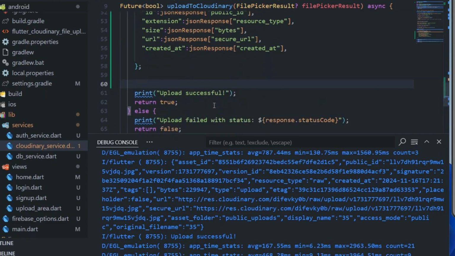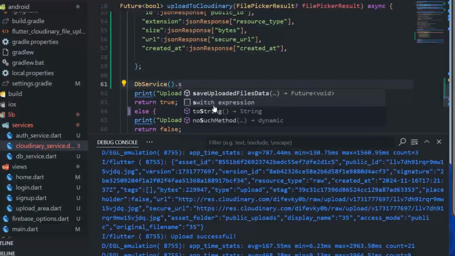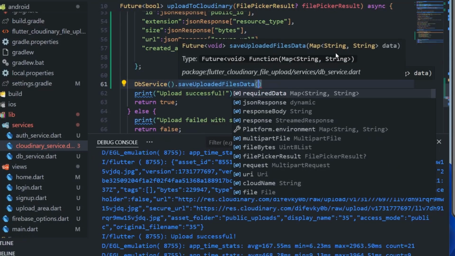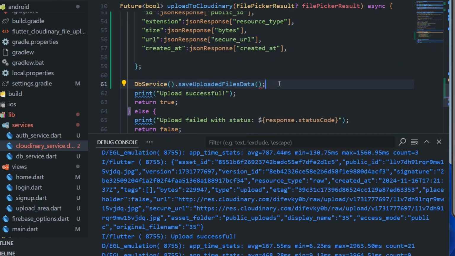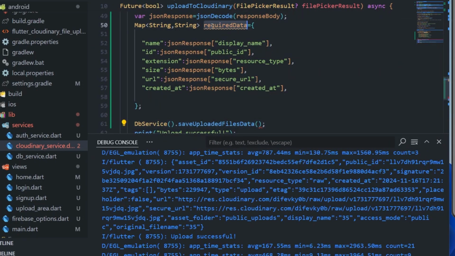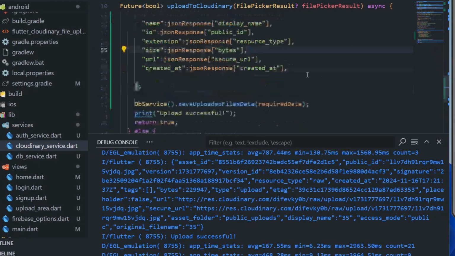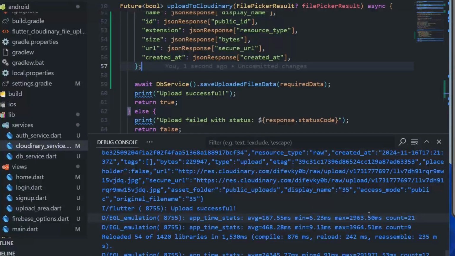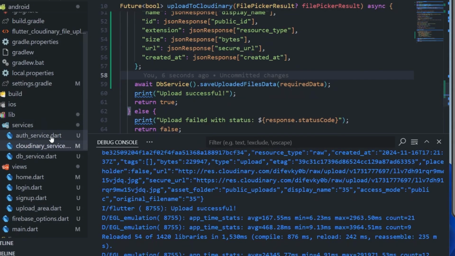After we extract the required data, we can call dbService.saveUploadedFilesData. Here we need to pass a map of string data, and this will be passing the required data, and this thing might take some time to complete, so we'll use await. And we need to also read the data inside our home page. For this,